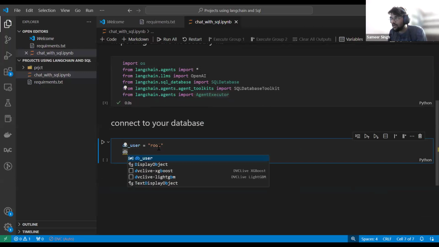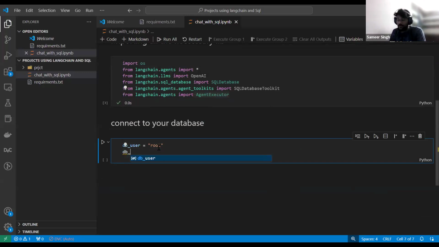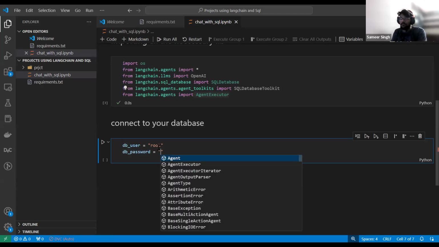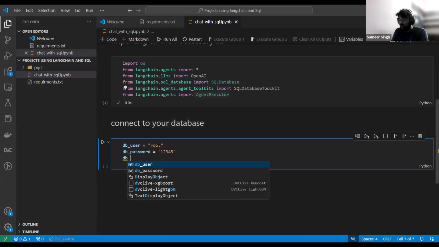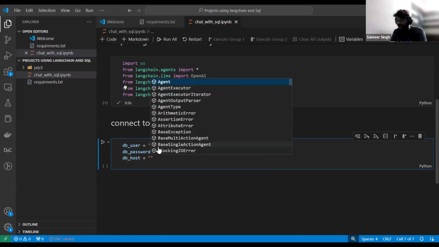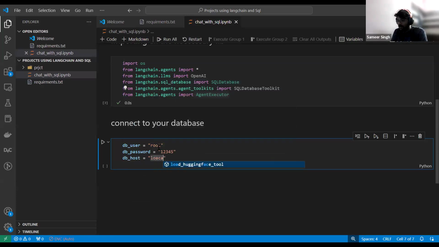Now I'll say DB password. The password we have to give here. The password I have kept very simple, 12345, right? Then I'll say DB host. What kind of host do we need? For my setup it is localhost, right?